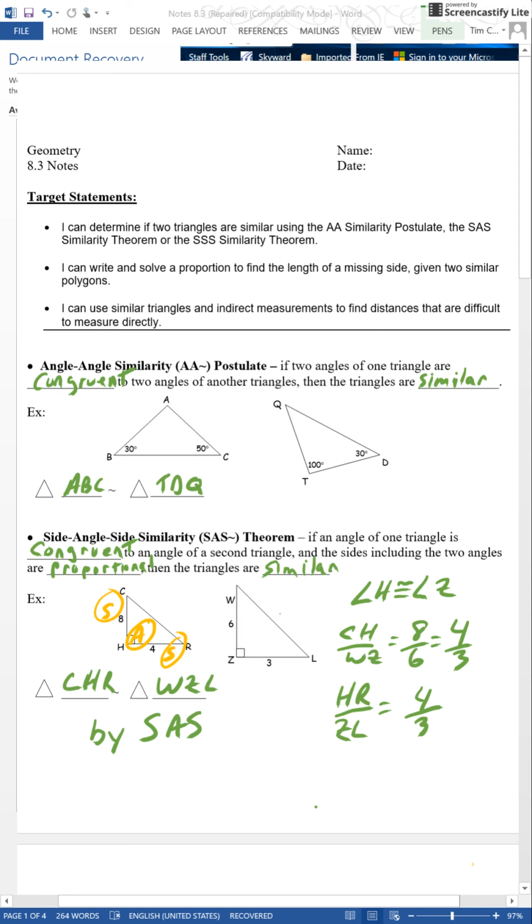This big side is 4 plus 2, so this is 16. This whole side down here is x plus 2, or 2 plus x. Okay? So then I'm going to say 4 over 16 equals 2 over x plus 2. And when I solve this, I put this in parentheses and I say 4 times